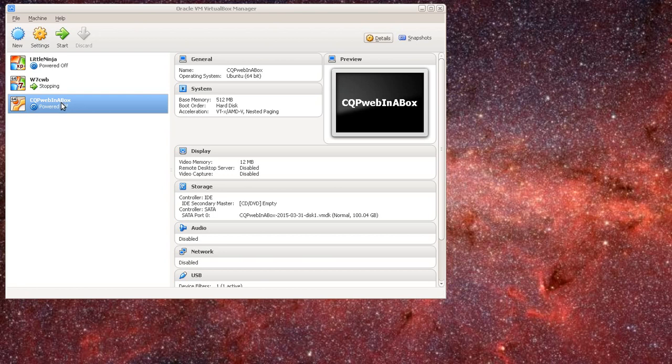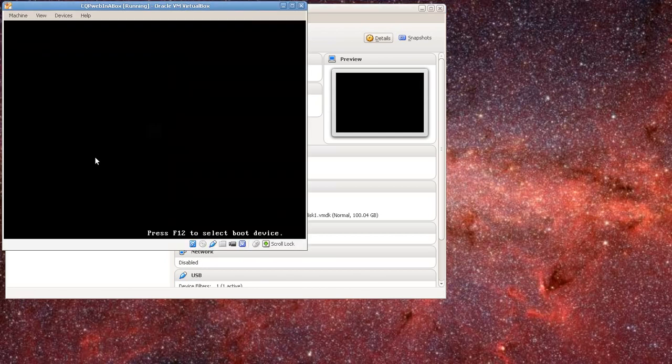If you're using some other virtual machine software like VMware or any other, then many of the same things, if not all the same things, are possible, but you'll have to have a look in your documentation to find out exactly how they work. Right, so the first thing that I want to do is to power up the machine